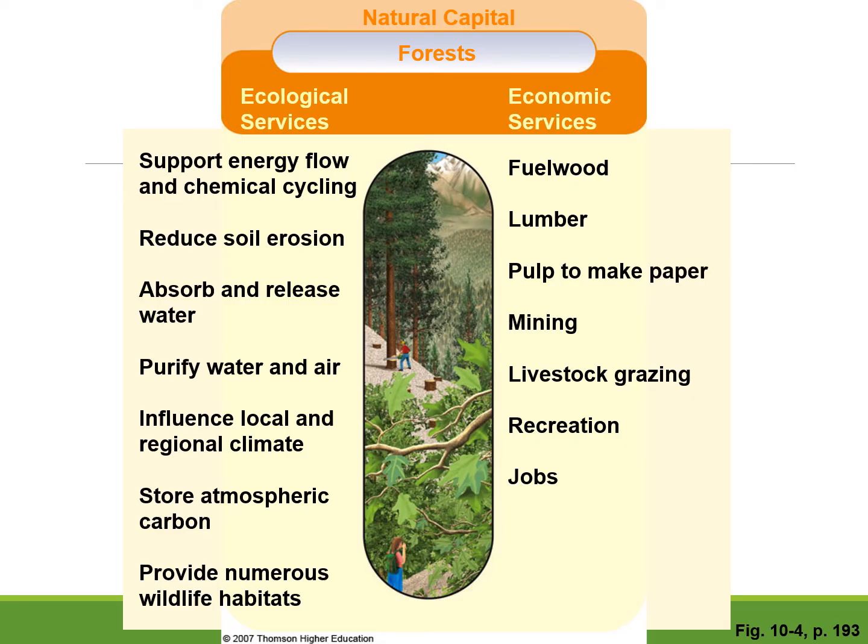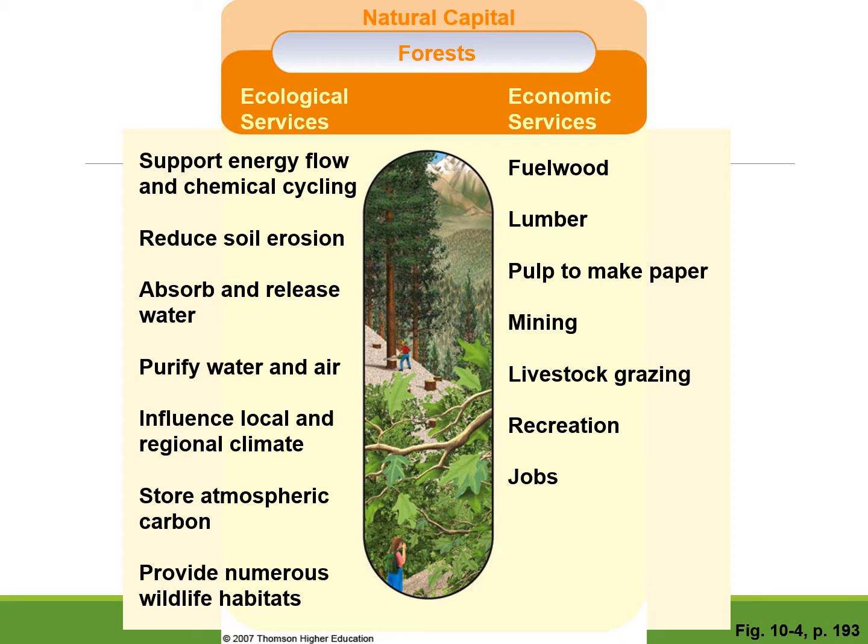So I put some things here. I found this from the book and I've listed some things. Forests provide what are called ecological services, things for nature, things for the environment. They support energy flow and chemical cycling, very fancy sounding, but they're a part of a food chain, right? So that supports energy flow. They do photosynthesis. For chemical cycling, when leaves fall and die and decompose, they add nutrients to the soil. Plants and trees take in carbon dioxide and through photosynthesis make glucose, and they're a part of that energy and matter flow in an ecosystem.